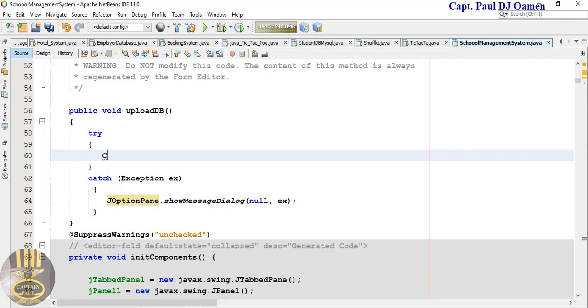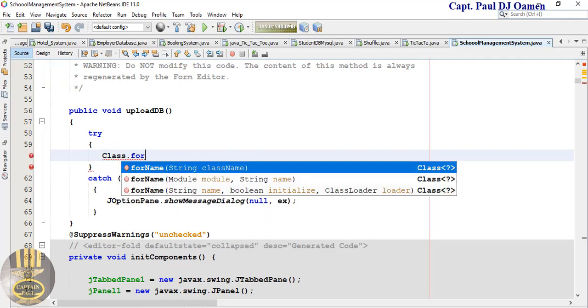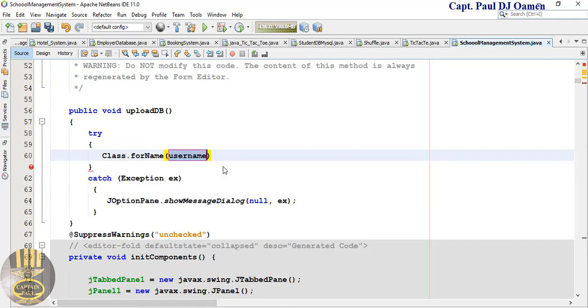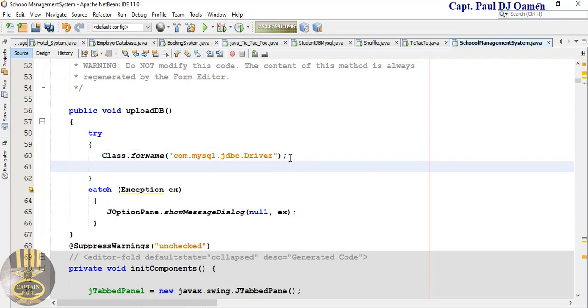So let's say Class.forName, and that is going to be, first of all, let's get the driver: com.mysql.jdbc.Driver, enter semicolon here. Now the next thing is SQL con, which is one of the variables I have up there,